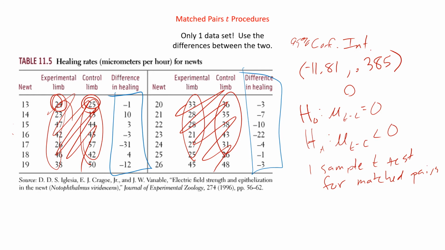We get t equals negative 2.02. Degrees of freedom was 2, 3, 4, 5, 6, 7. So we have 14. So degrees of freedom would be 13. And the p-value was 0.032, which is significant